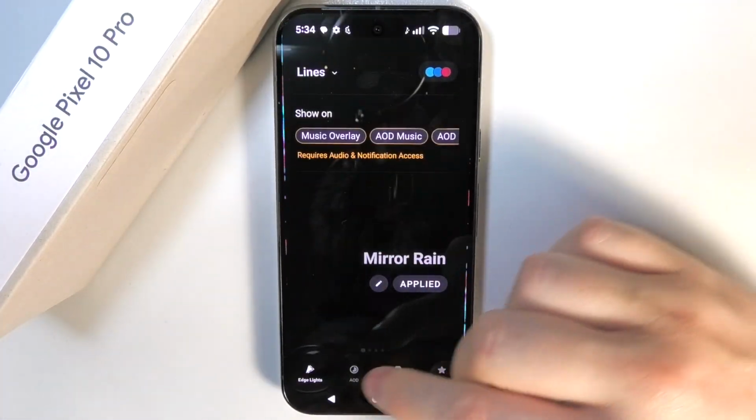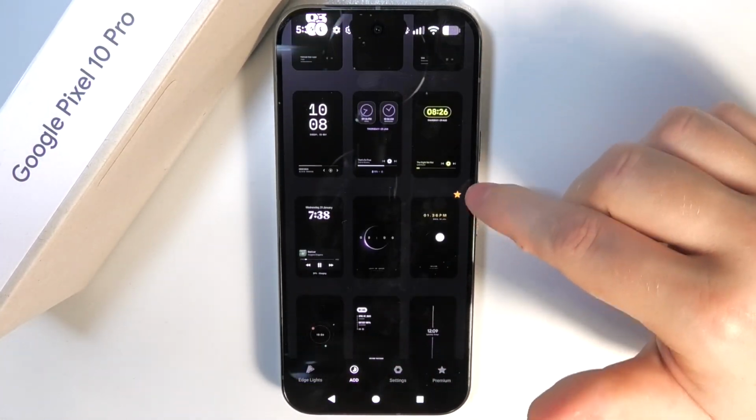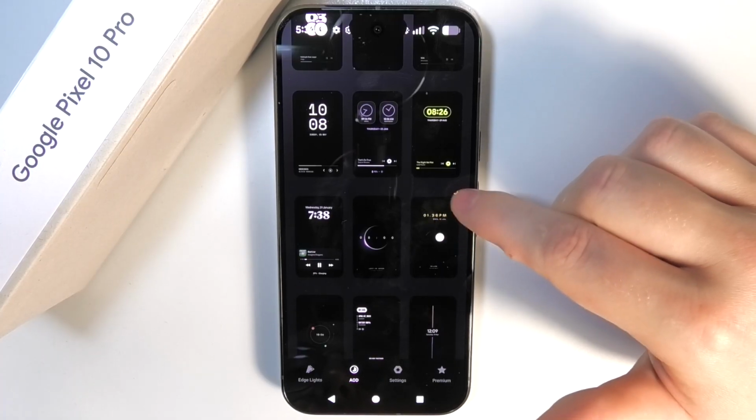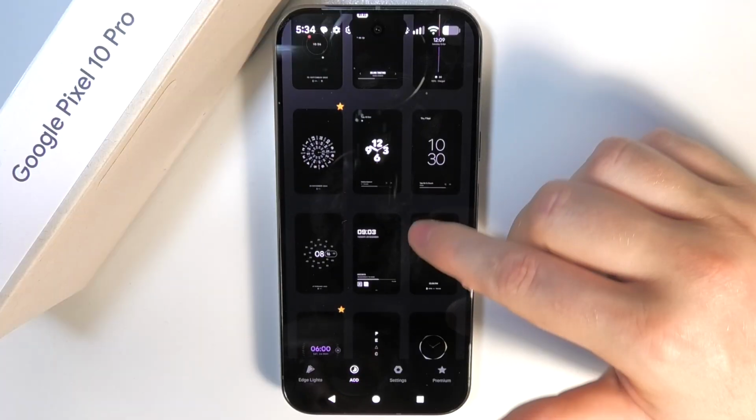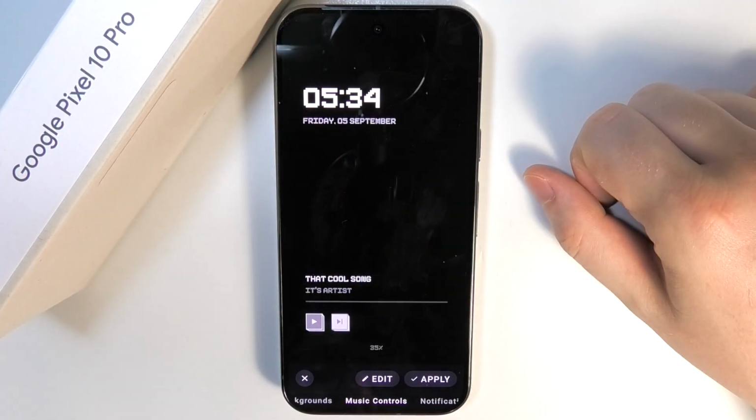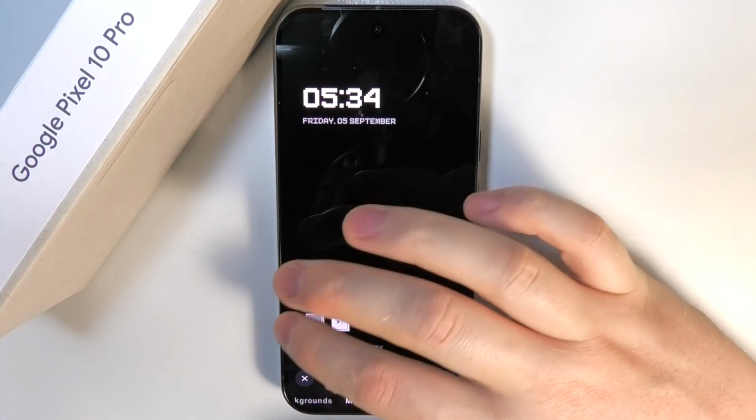When everything is allowed, go to AOD and select whichever AOD you like. Keep in mind that those one with stars require you to make a purchase. So if you want to go free, just pick the one without the star. In this case, let's go for this one. Then we can apply it. And when it's applied,